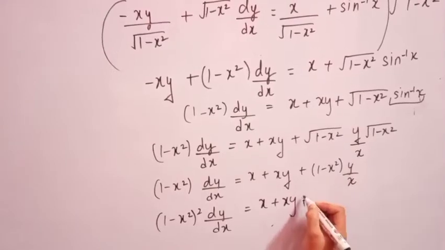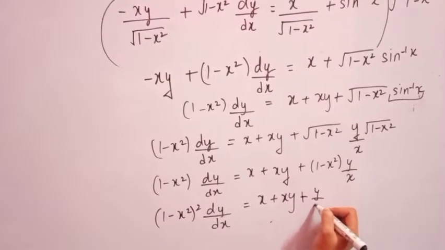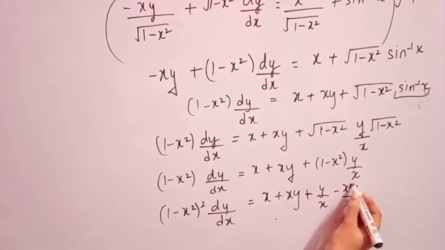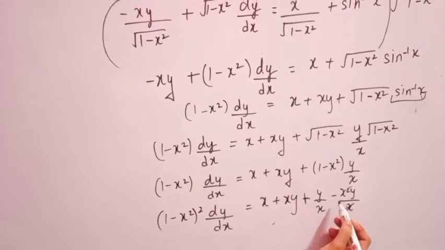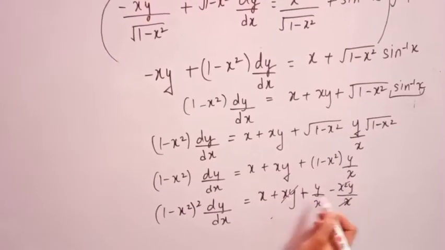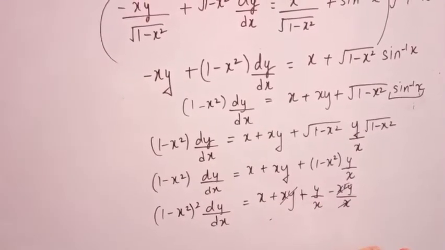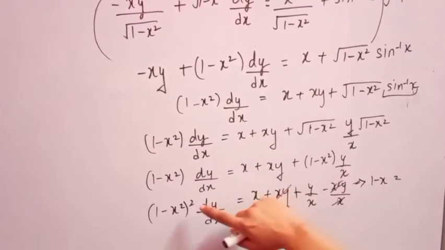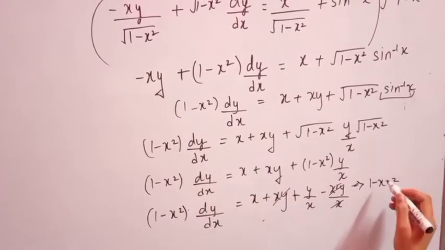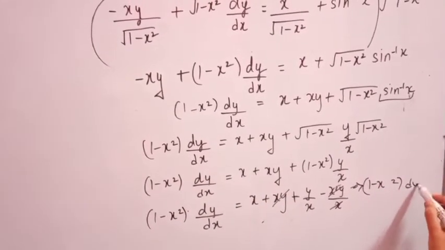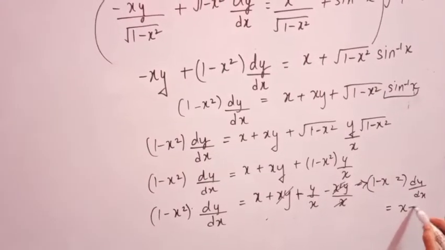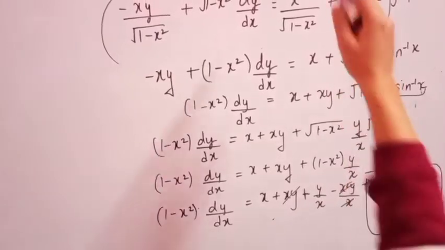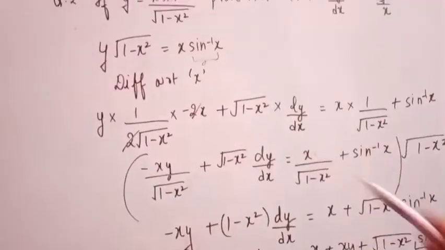Open up this, multiplying y by x minus x square y by x, and x gets cancelled. So we are left with only minus xy. xy and xy, they both get cancelled. So the proving part will be 1 minus x square. Sorry, it was not 2 here. dy by dx is equal to x plus y by x. And this is proved. Hence it is proved. The proving part, you can see it is same.